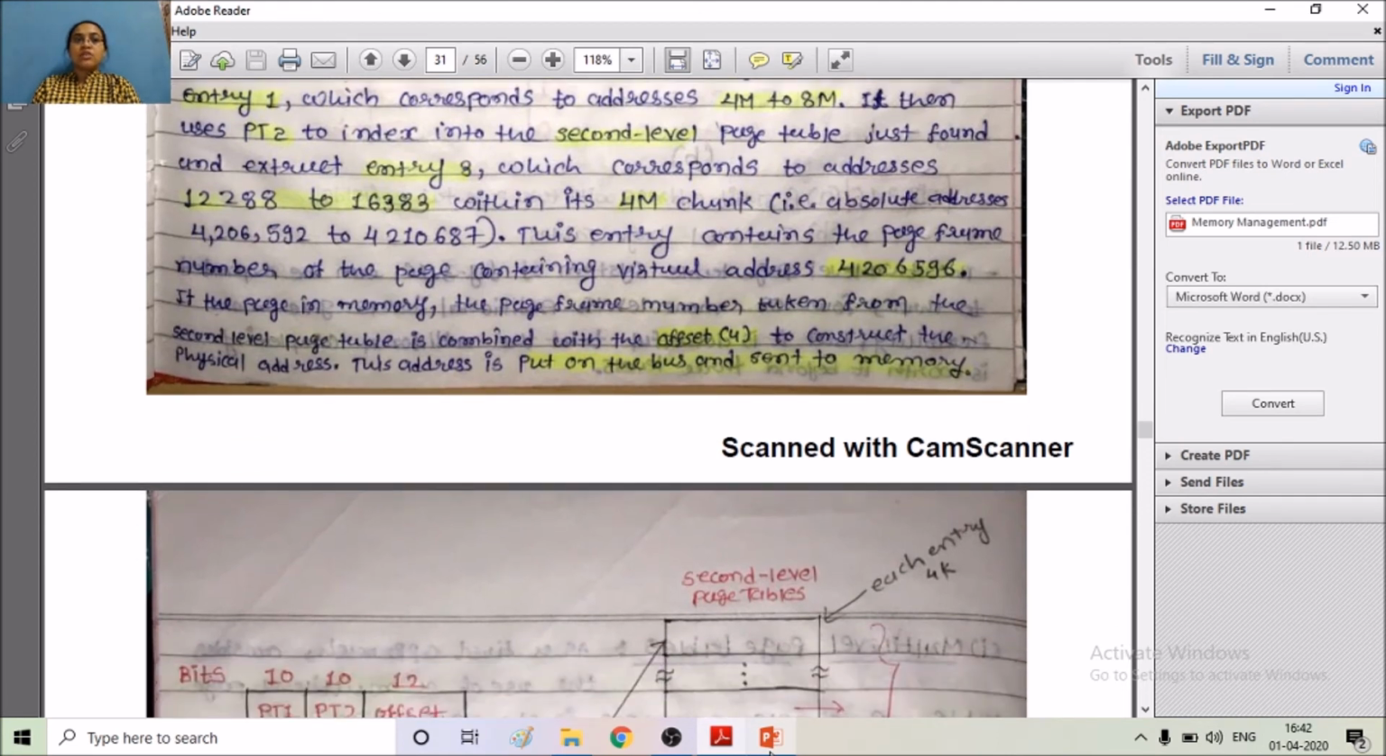Absolute address 4206592 to 4210687. This entry contains the page frame number of the page containing virtual address 4206596. If the page is in memory, the page frame number taken from the second-level page table is combined with offset 4 to construct the physical address. This address is simply put on the bus and sent to the memory. So it's all about